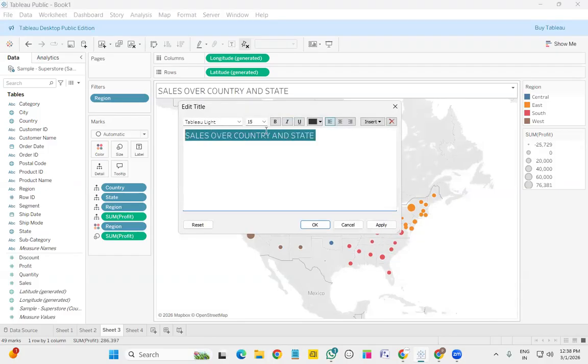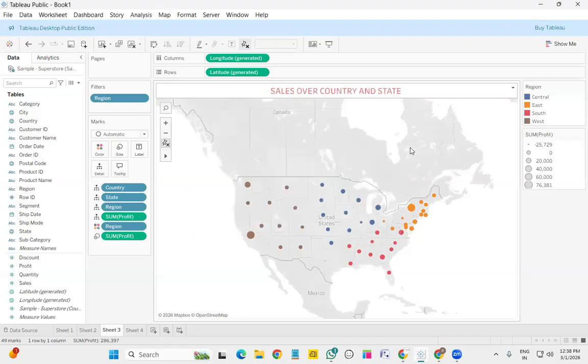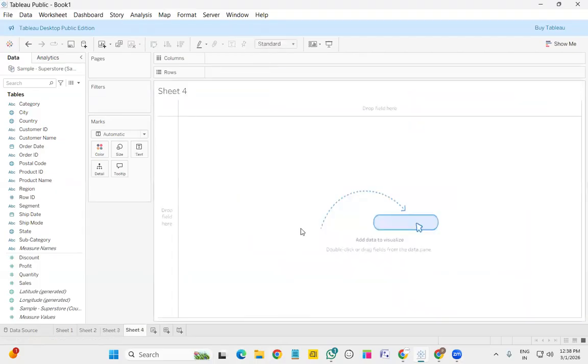Sorry, I am going to bold this and use this color. Okay, so in this way we will describe this. Okay, and now sheet 4. So when it comes to sheet 4, I think you have got right